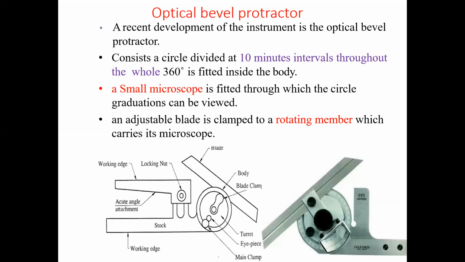Here also one movable blade is there. A locking nut is also there in order to lock the blade at the required position while taking the reading. Observe here, this small nut is used for locking this blade, and this larger screw nut is used for locking when the blade